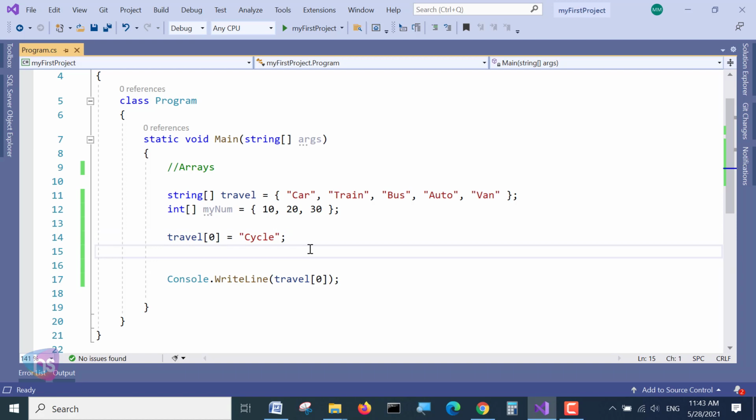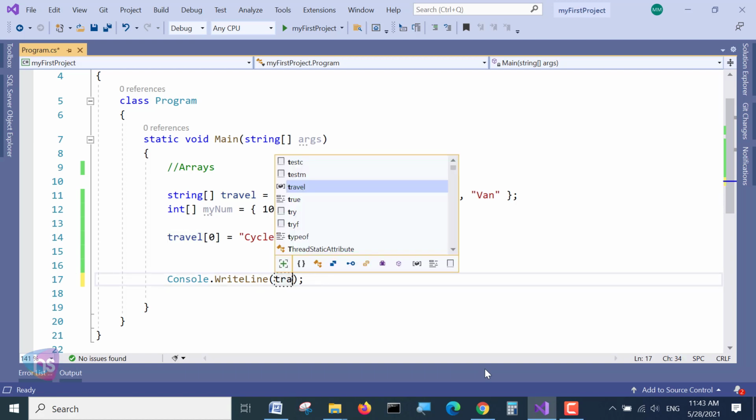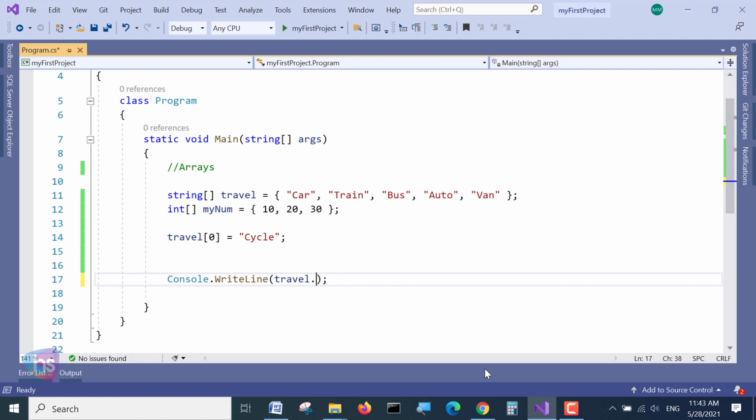In addition, I would like to tell you about one method to know how many parameters are available in a particular array. For this, we use the array variable, dot.